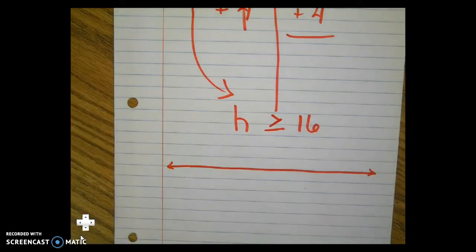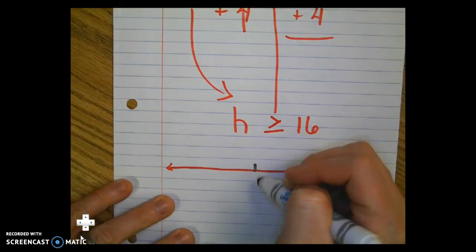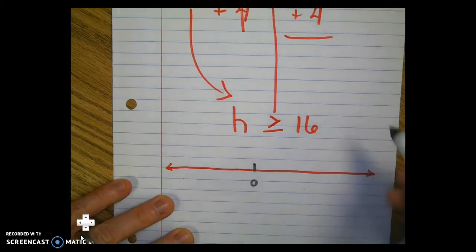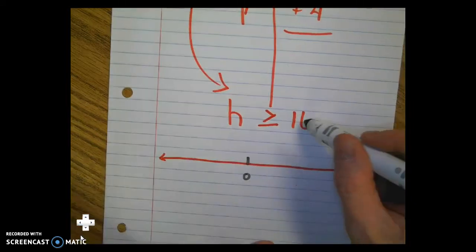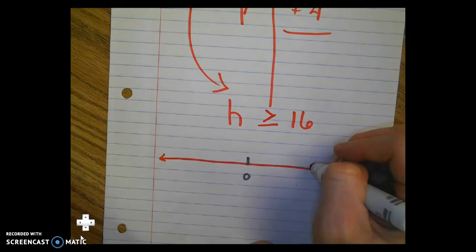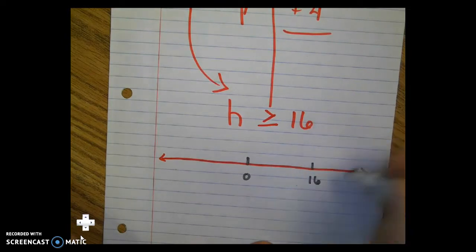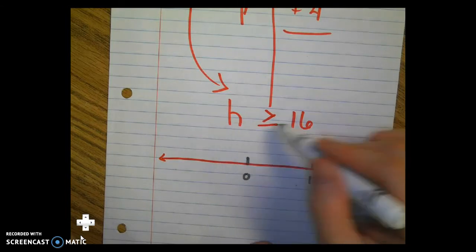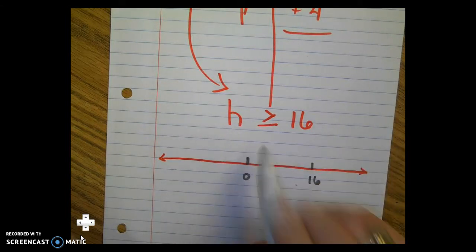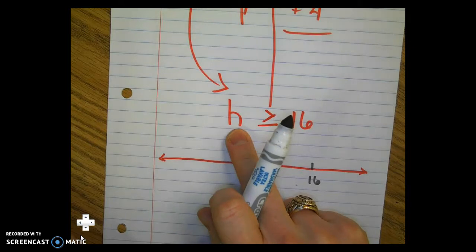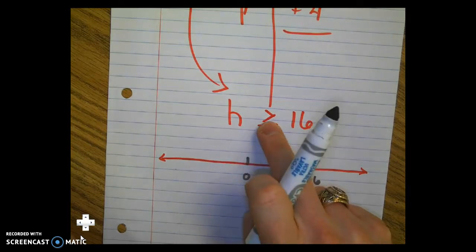So what I always do is I put my 0, and it's your number line. You can do this however you'd like. And then I put this. It's a positive 16, so I know it's going to be over here. It doesn't matter where it goes. Positive 16. Now, this tells us that H has to be greater than 16